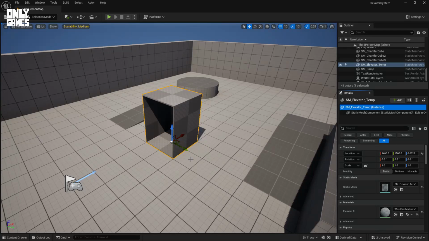Hi guys, welcome to part 2 of the Only Elevators tutorial series. In part 1 we looked at how to create our placeholder 3D mesh for the elevator using BSP brushes and a little bit of modeling tools. And from now on forward, we are going to find different solutions and different methods of making our elevator system,